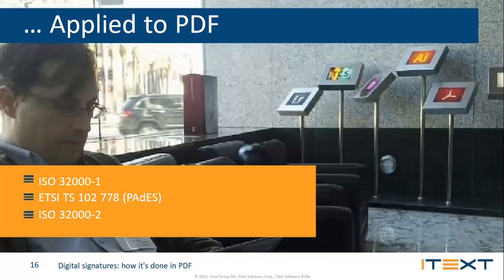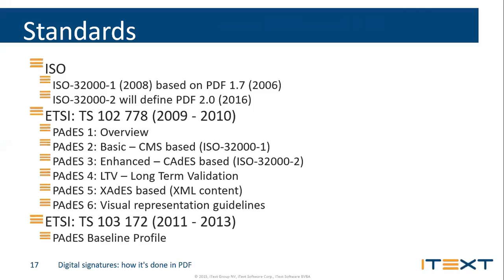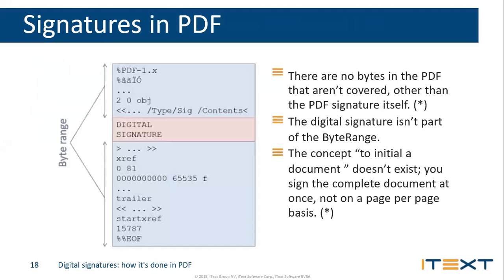Now some standards that I have shown to you, that is the ISO standard for the PDF. You have to put it in the XML file, and the CMS file also. Now, how are these signatures going to be done in the PDF file? That's our question. Suppose I have put the signature on the PDF file, it means I have to insert it somewhere. So how can we insert this digital signature somewhere?